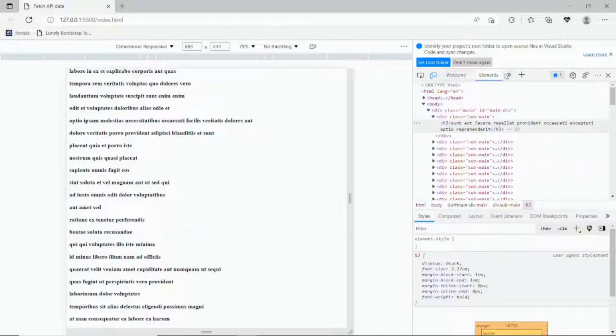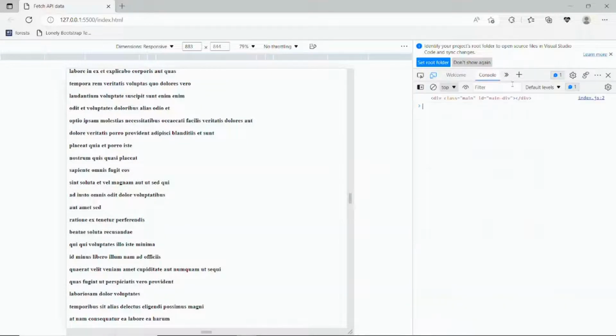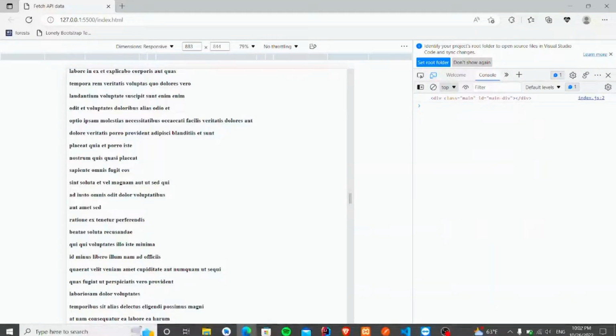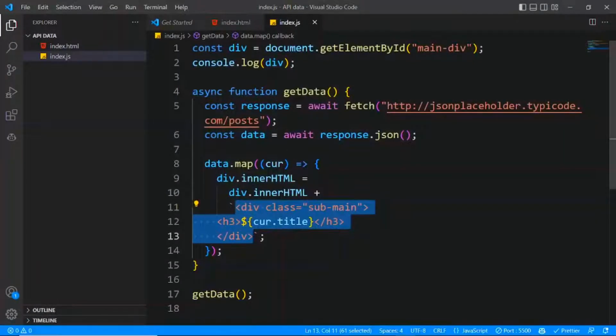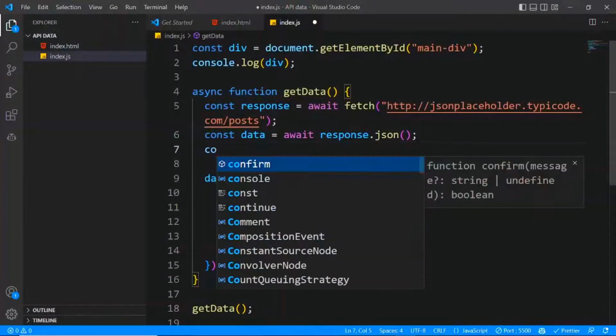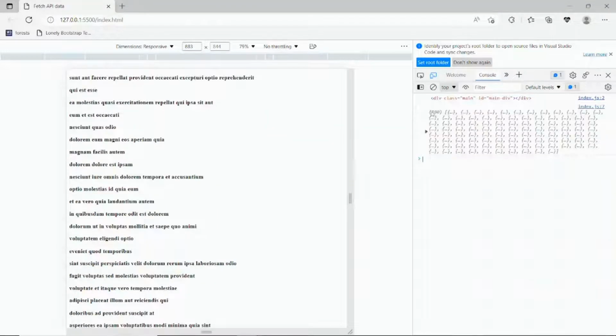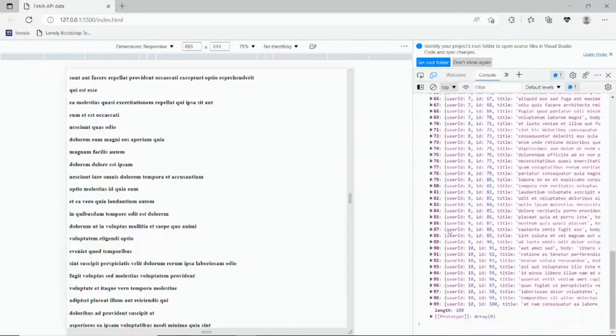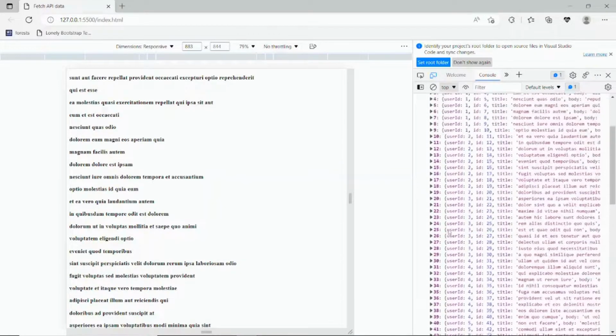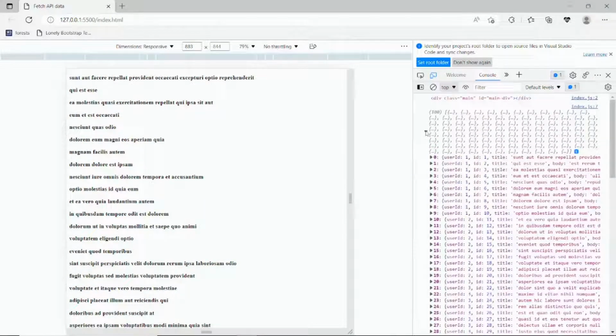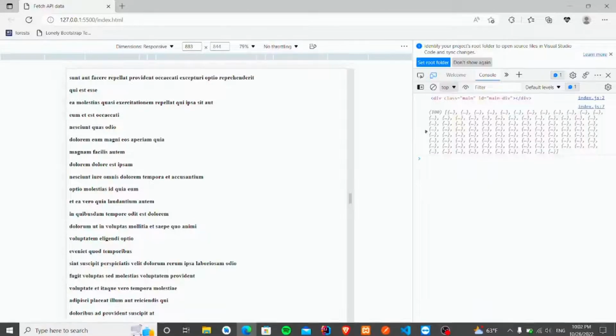Let's see here, let's see in the console. First of all, let's console.log data. Now we can see that there are hundreds of data. So my 100 divs have been created, which means I didn't have to write 100 divs manually. So through the use of map method, we can create a dynamic div,